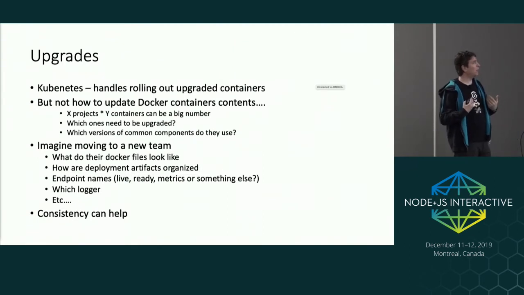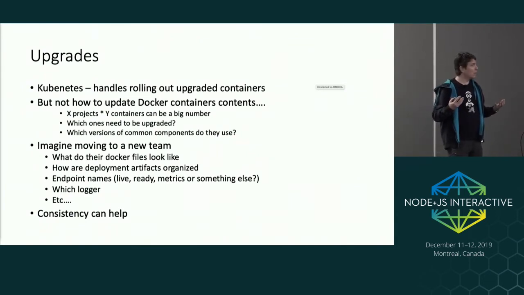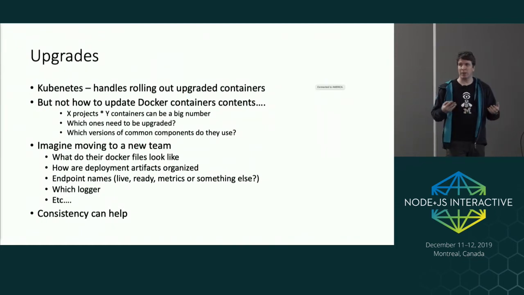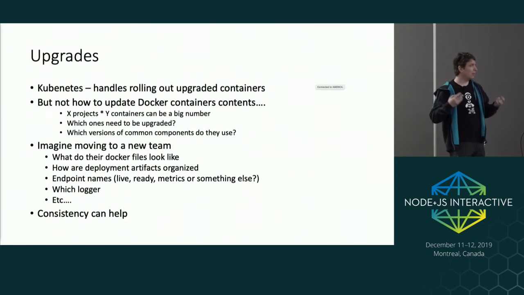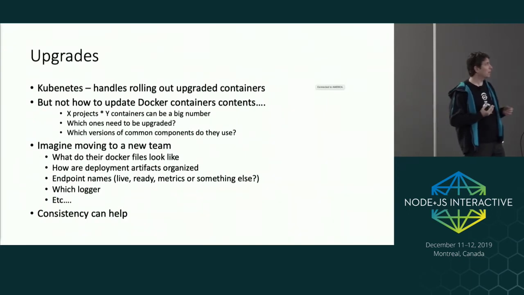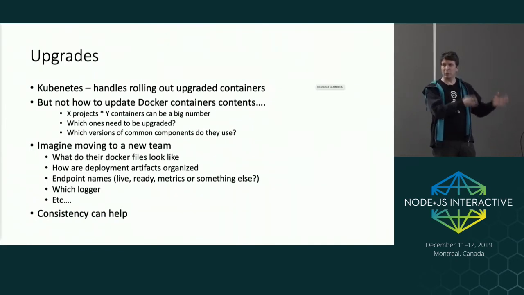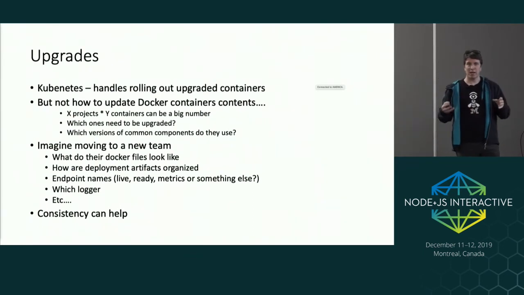At this point, I want to step back from the bunch of things we've talked about. What about upgrades? Because I find, at least in real life, the more successful you are, and the longer you've had to support your product, the more upgrading becomes a big piece of your work. So what does that mean if I'm developing my Node.js application for a cloud-native environment? Kubernetes does a great job of handling the updating, like migrating from one version to another, where I've already got my Docker images and I'm going to move from version 1 to version 2. So I don't really have to worry about that, but it doesn't provide anything for how I upgrade my Docker